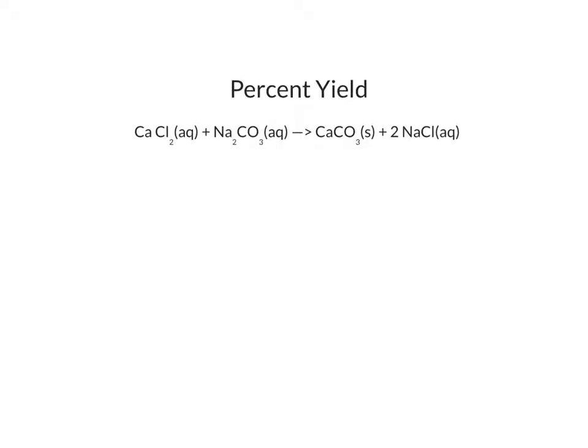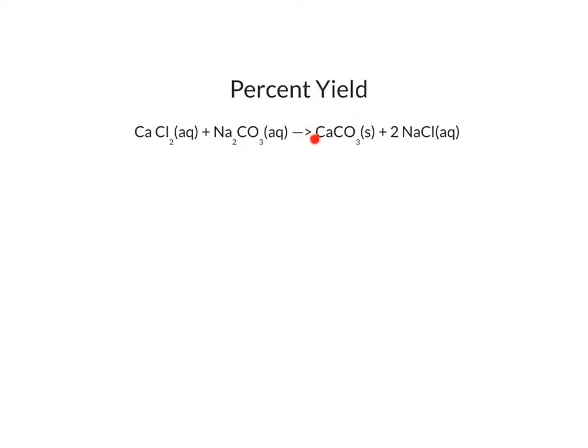When we do chemical reactions, it's impossible to collect 100% of the product that we calculate we should be able to make based on the balanced reaction and the amount of starting material that we start with. This is because we invariably lose some of our product to sticking to the walls of the beaker, to not complete reaction occurring in solution. All kinds of things can happen that lead us to not get 100% efficiency or 100% of the product that